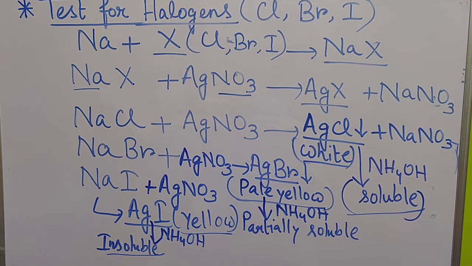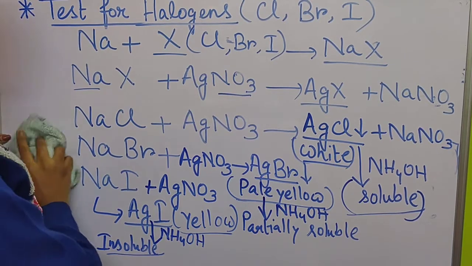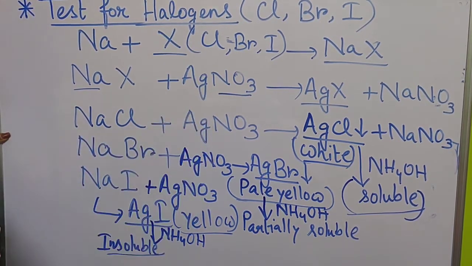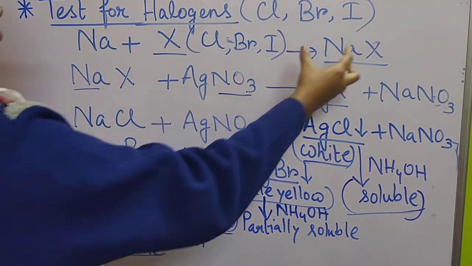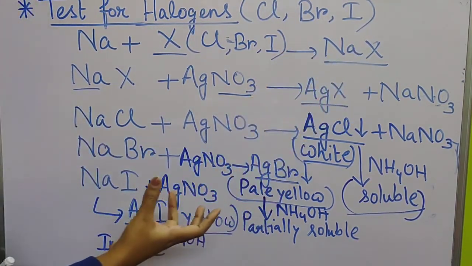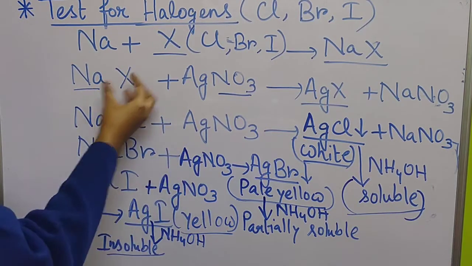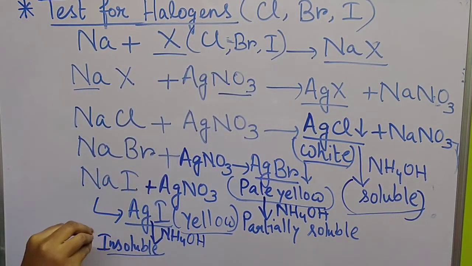So in this way we can identify these three types of halogens, whether chlorine is present, or bromine is present, or iodine is present. Okay, now one more thing, before adding silver nitrate to the sodium extract, I have just told you that you have to make the sodium extract by the Lassaigne test, and then you have to put silver nitrate into the sodium